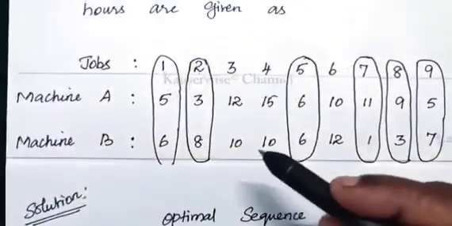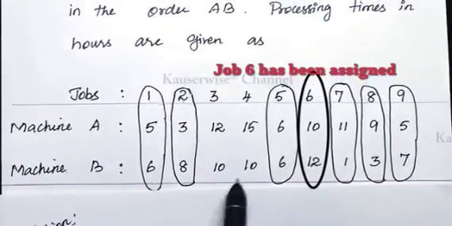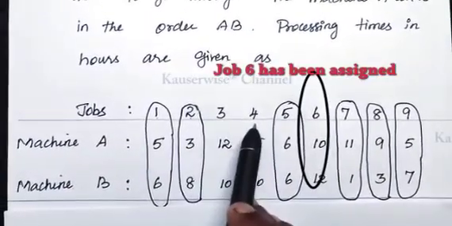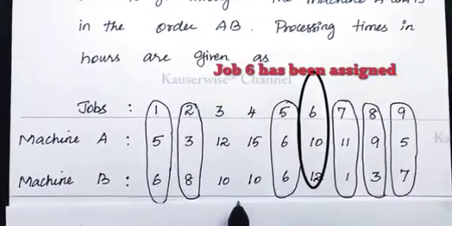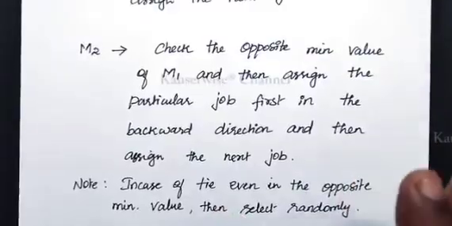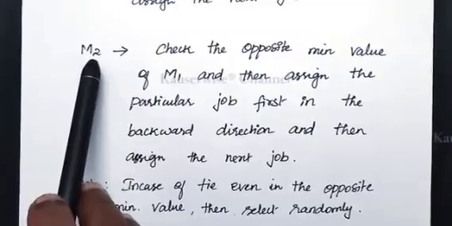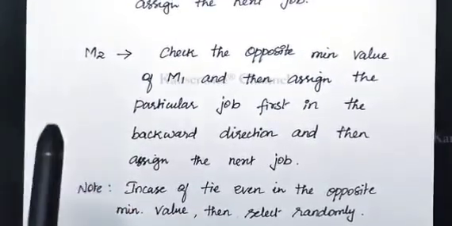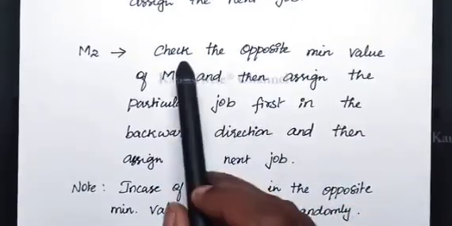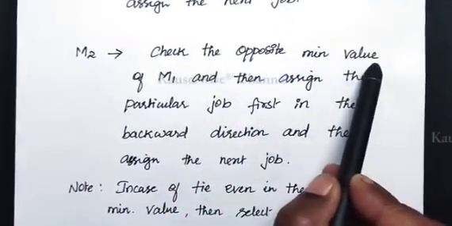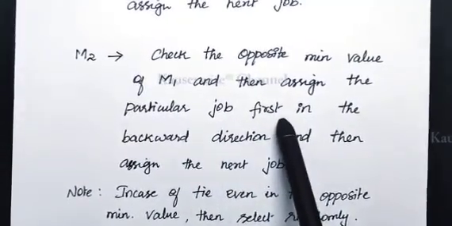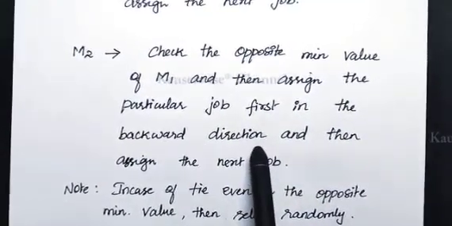Okay, and for the next one, for mission B, there is a tie because here 10 occurs in two different jobs for the same mission. So this is called tie. What is the procedure for tie for the same mission? Look at the procedure for in case of tie on mission B, that is mission 2. See, if the mission B has same minimum value, then we need to check the opposite minimum value of mission 1. Okay, and then assign the particular job first in the backward direction and then